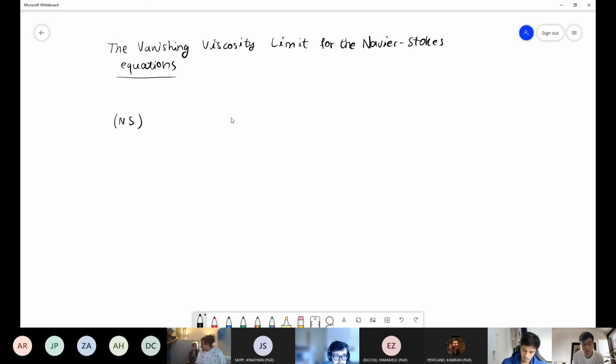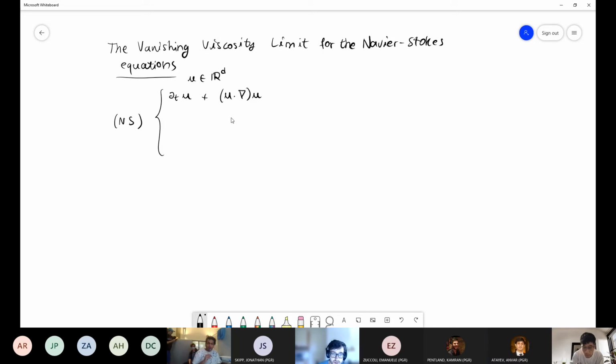So let's abbreviate with NS. A fluid will be represented by a vector field U. So U will be a vector field in, say, R^d for some dimension d. Typically d will be equal to 2 or 3, but for now we stay in a more general case. All right, so we have the time derivative of U plus U dot the divergence of U. So this is basically the convective term,